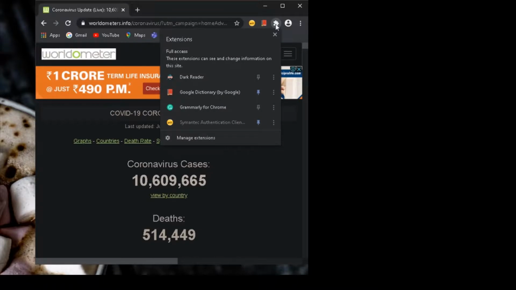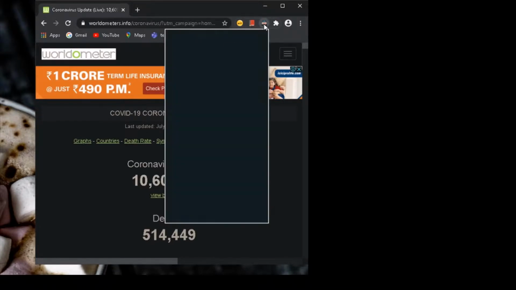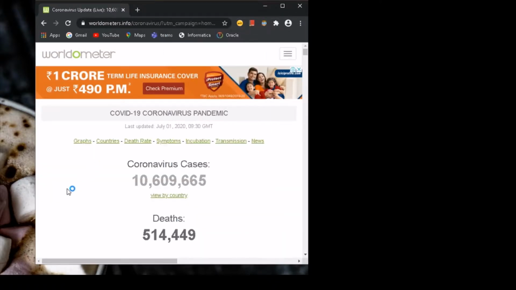I can see Dark Reader here. I have three more extensions, but you can see Dark Reader. If you pin it, you can see the Dark Reader extension explicitly here. Once you click it, if you want to turn it off for this website, just click off. It changed.